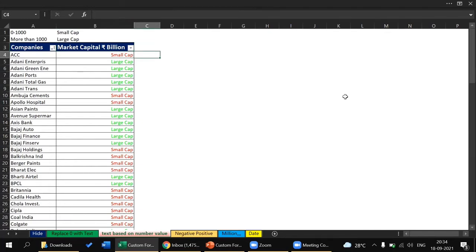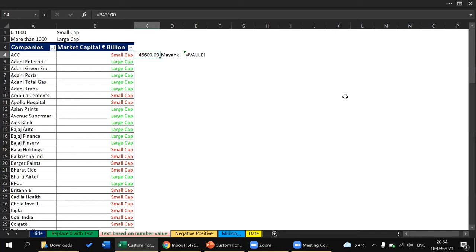Also interesting part is that when you multiply any cell value having text with any numbers, what will you get? So when I type my name and you simply multiply with any numbers, what will you get? Error, because text cannot be multiplied with numbers. But here you see the magic. When you multiply any number with 100, you will get the value.